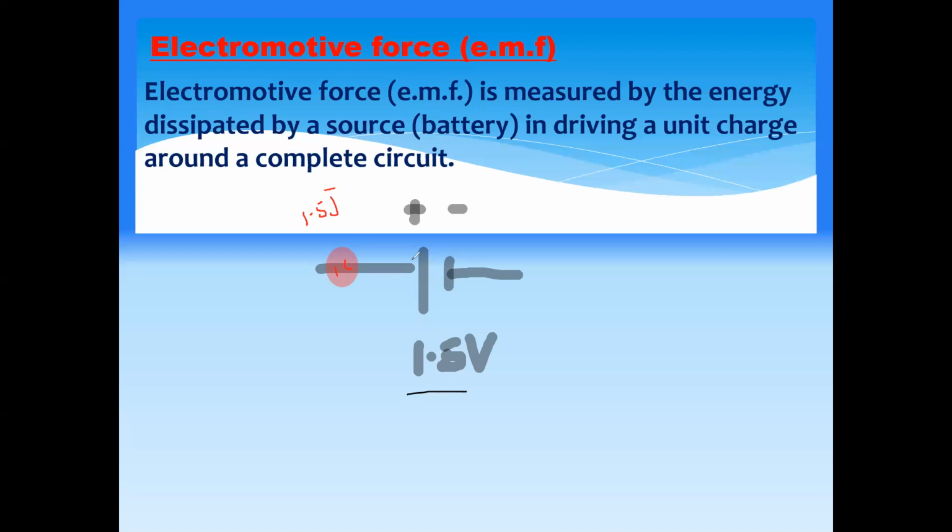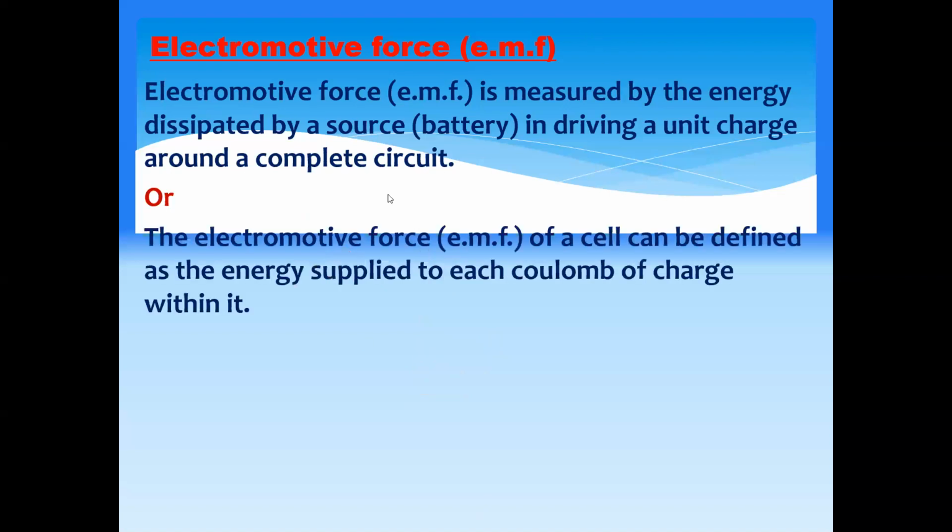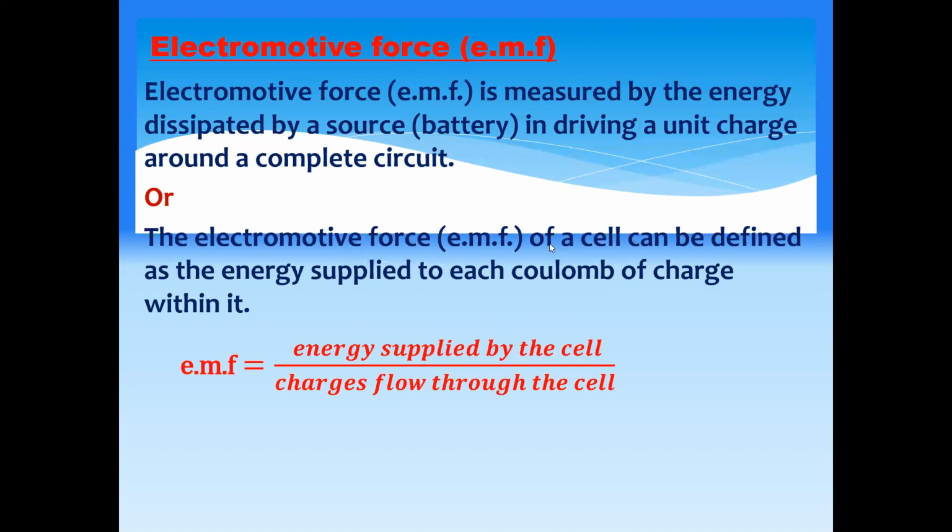electromotive force. Or when there is work done on a unit charge to move the charge around the circuit, when chemical energy changes to electrical energy, we call that EMF or electromotive force. Or the electromotive force of a cell can be defined as the energy supplied to each coulomb of charge within it. And to calculate EMF, energy supplied by the cell divided by the number of charges which will flow through, we can find EMF. So for example, if I say